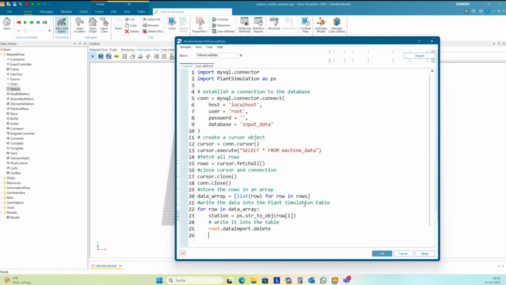And then, one moment, this needs to be in another position here in the programming. It's outside of this.